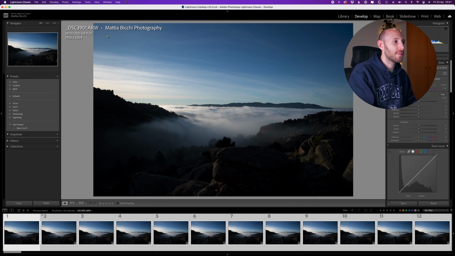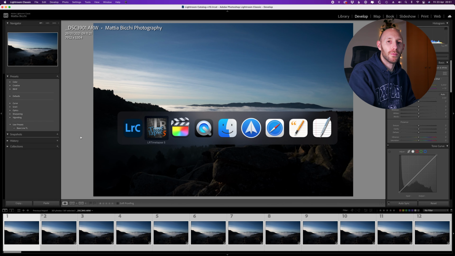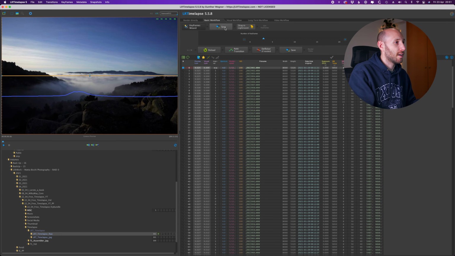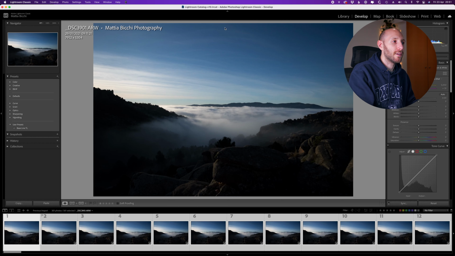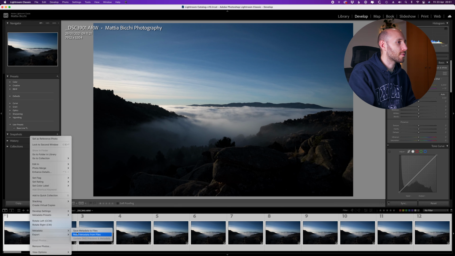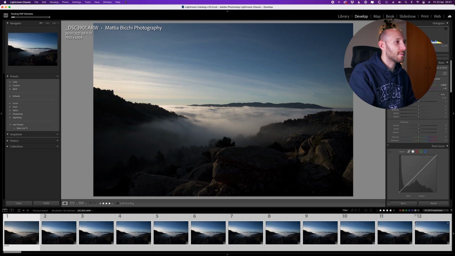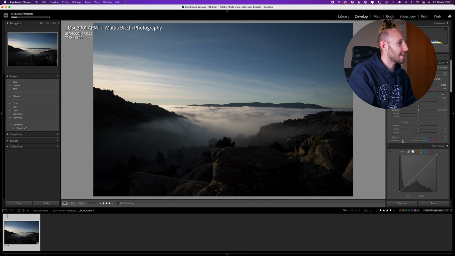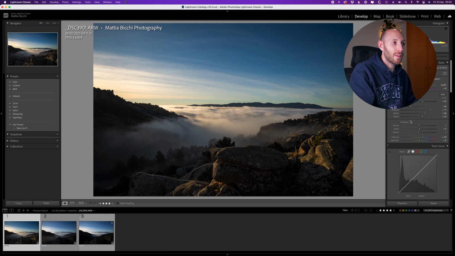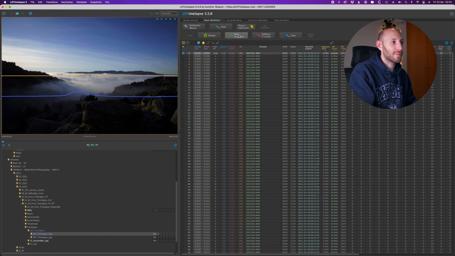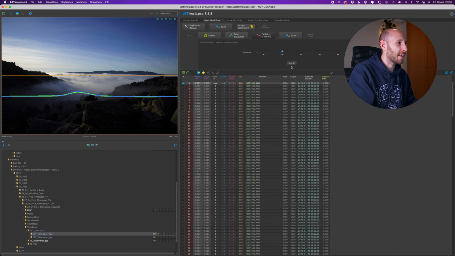Once you import your sequence into Lightroom, load it into LR Time-Lapse, create the keyframes and save the metadata. Go back to Lightroom, right click on read metadata, then on the right bottom choose the LR Time-Lapse keyframes, and you will see the keyframes in your photos. Edit those photos as you please, save the metadata, go back to LR Time-Lapse, click reload and click auto transition. If you want to deflicker the time-lapse, click deflickering and save.